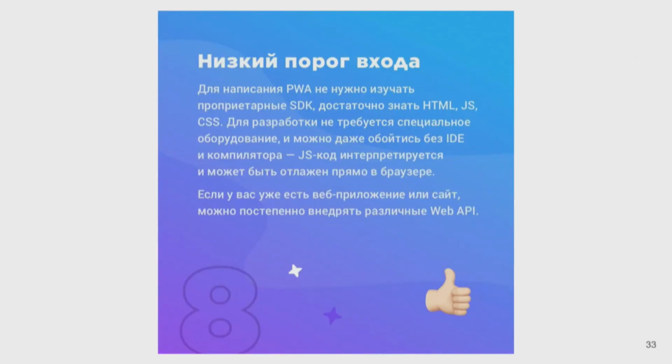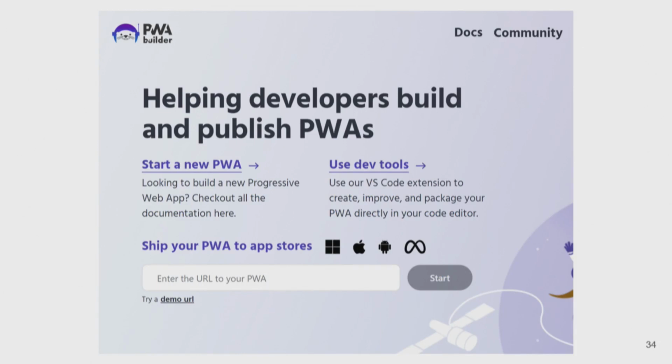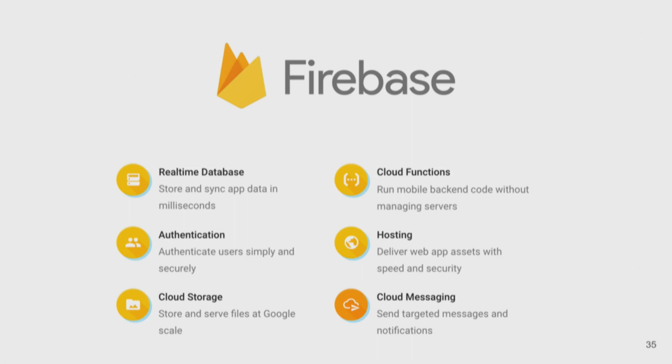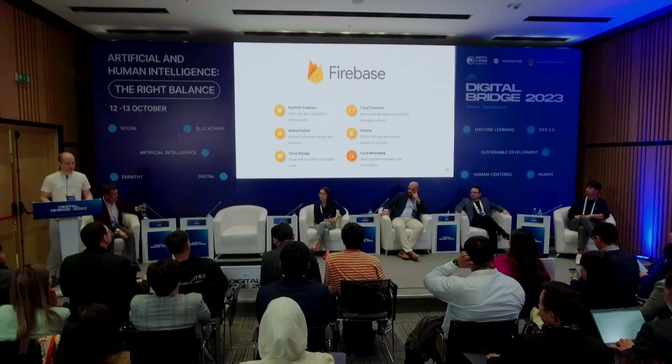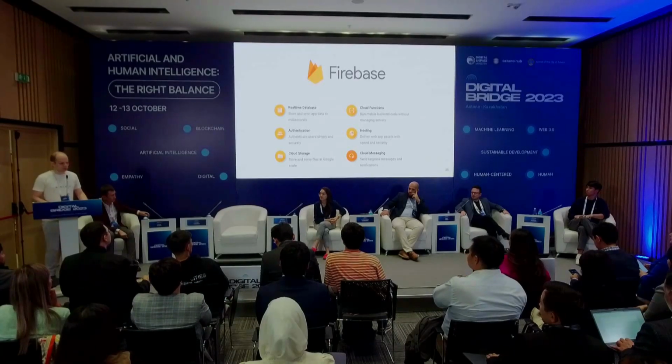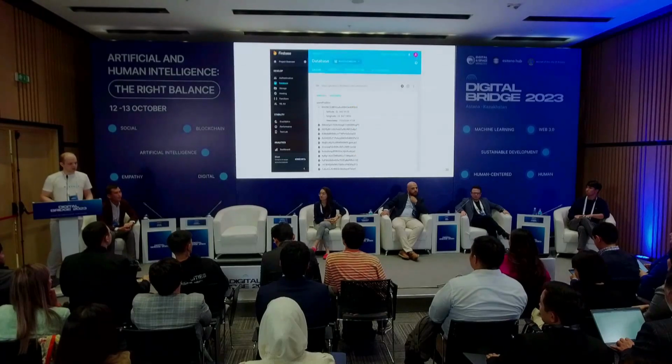Also, we have a low threshold here, so you don't have to buy a MacBook. A browser will be enough, and you can develop it. Using PWA builders, you can pack your PWA so that you can put it in the stores, but you will need a backend. Backend has a good platform,